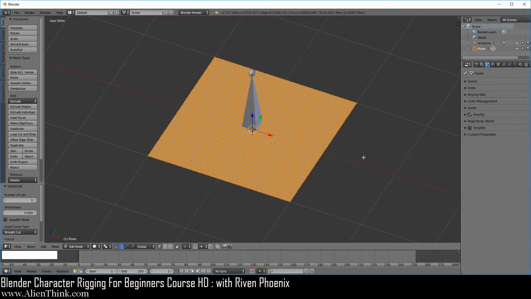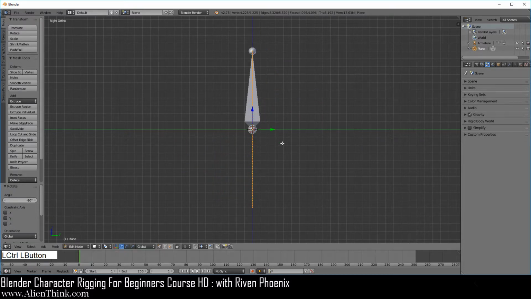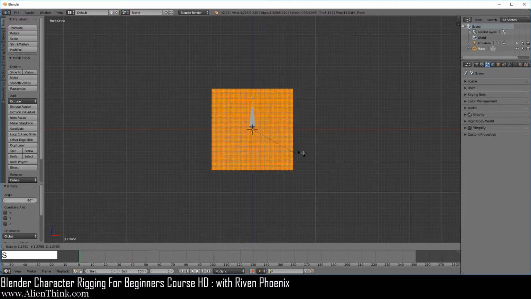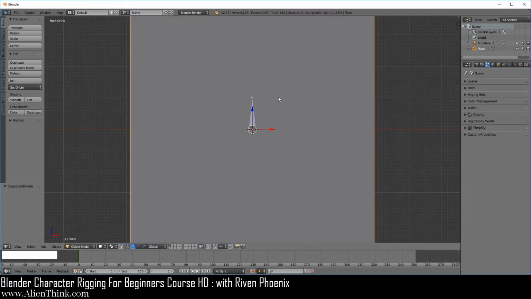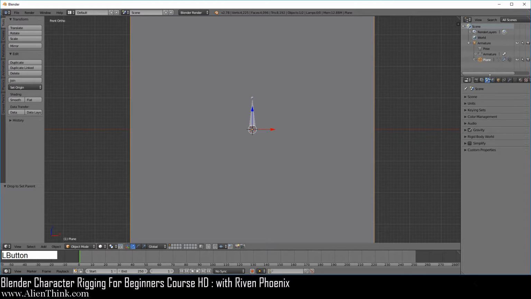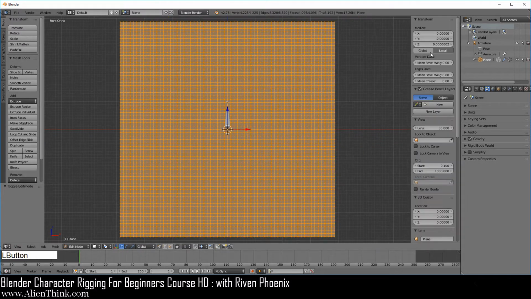Now since we're in edit mode, press the 3 key, press the R key, and just press the Control key down. It's going to snap to the grid and rotate it. Press the 1 key and now press the S key to scale this. Now press the Tab key to go back into object mode. Now go ahead and click on this plane and drag it onto the armature and then do with automatic weights. Now when we open this up, drag this down, click on the plane, press the Tab key to go into edit mode, open this up.